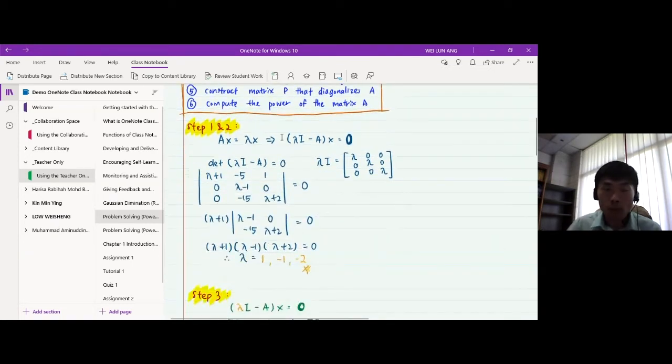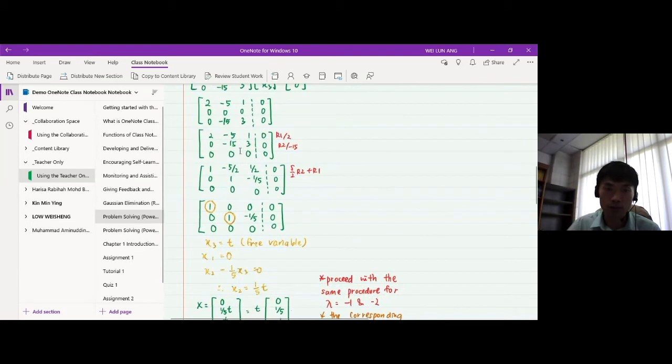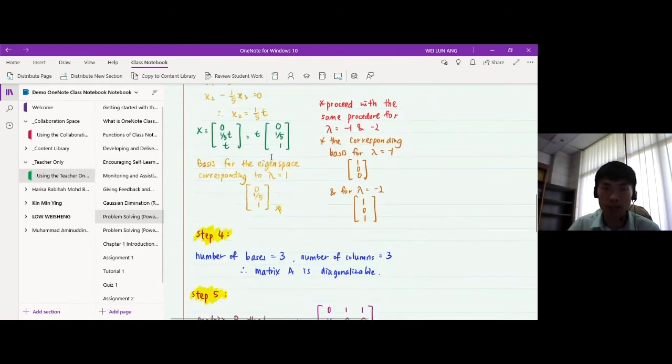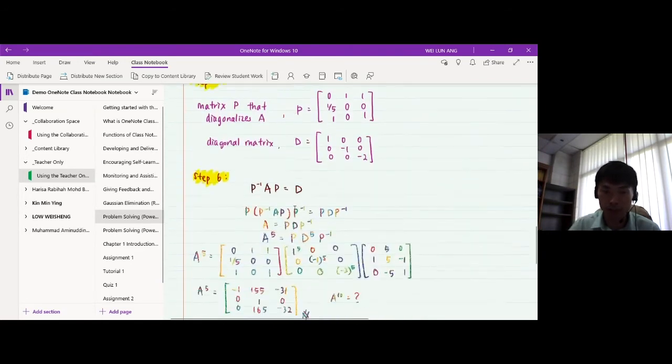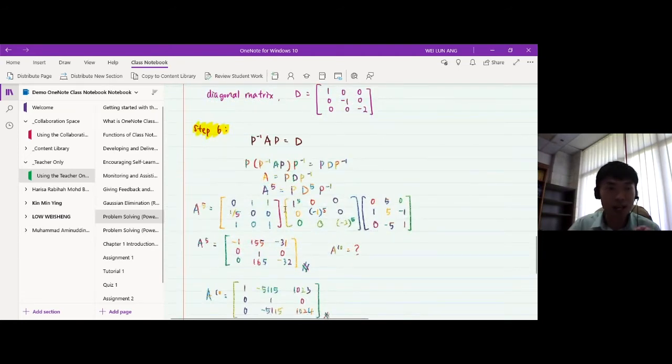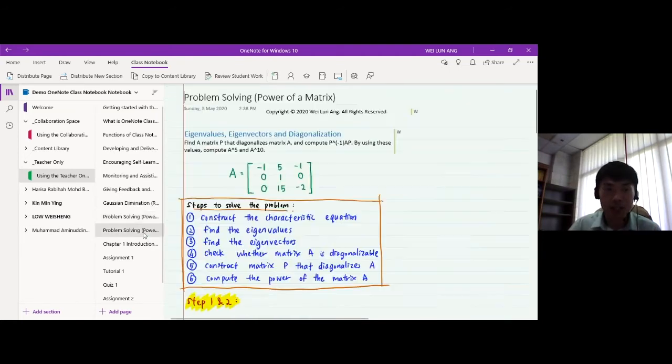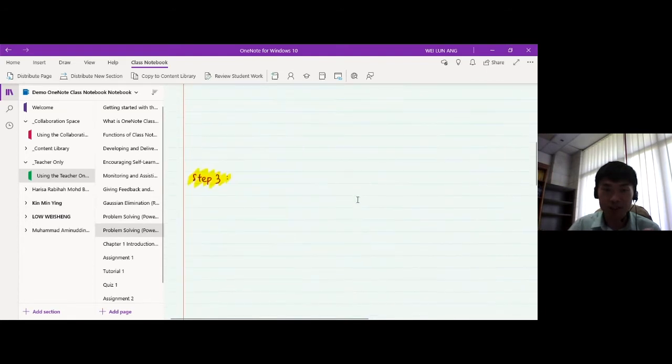Now, normally in the class, I'm just going to leave these sections blank. So step 1 and step 2, and then the solution will be blank. I'm going to use the inking function, and I'm going to show the solutions right away during the lessons, during the lectures. Okay, so I'm going to show them how to solve this using different colors to highlight the important points and so on until the final solution. And the note that I'm going to give the students is actually a blank one, so this is without solution.